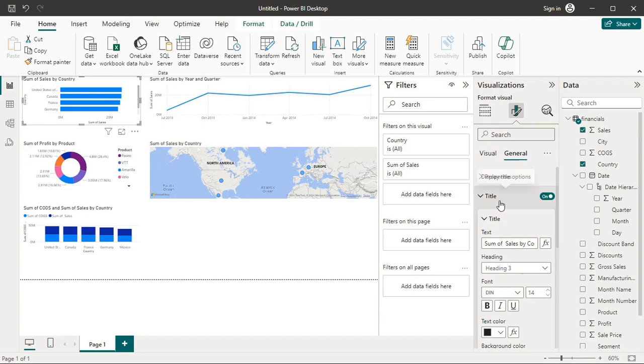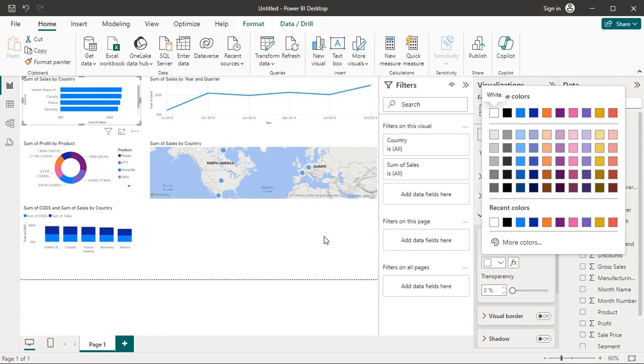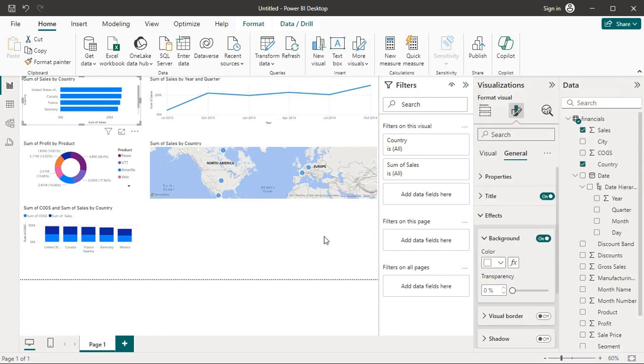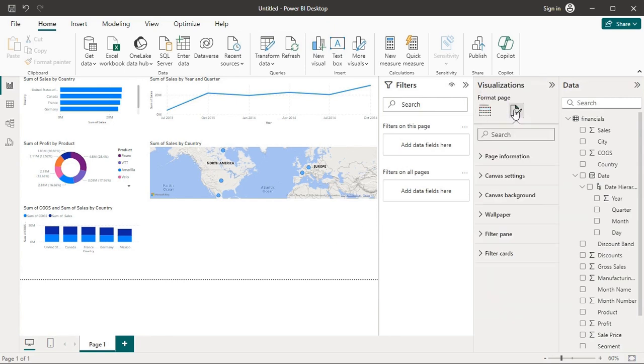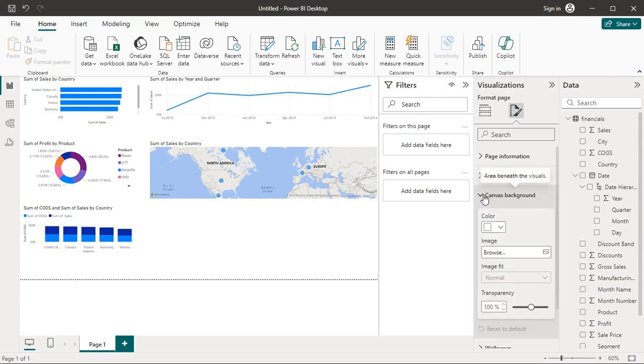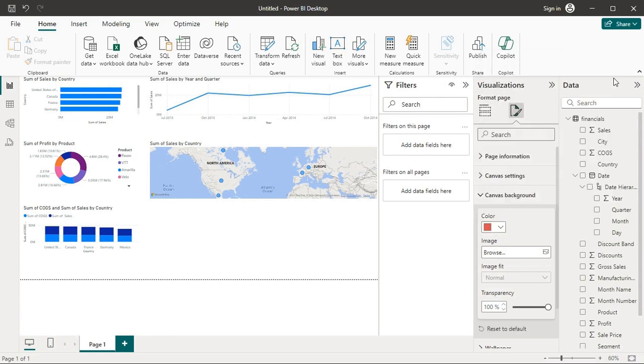You can also change the effects like background color. For example, I can change the background color. So click on format your report page under the visualization pane and click canvas background and select the color that you like and adjust the transparency of the background color.